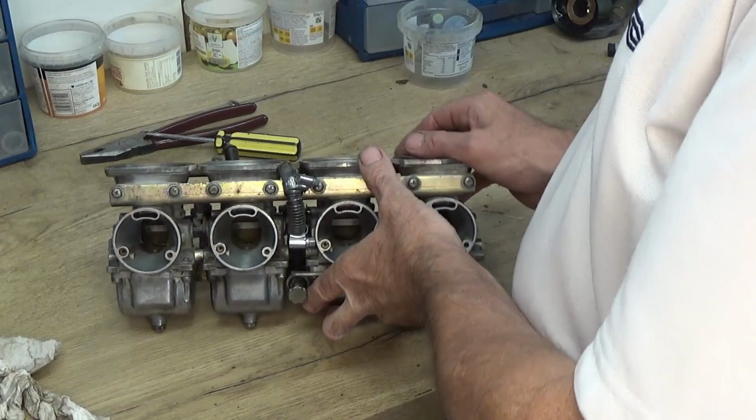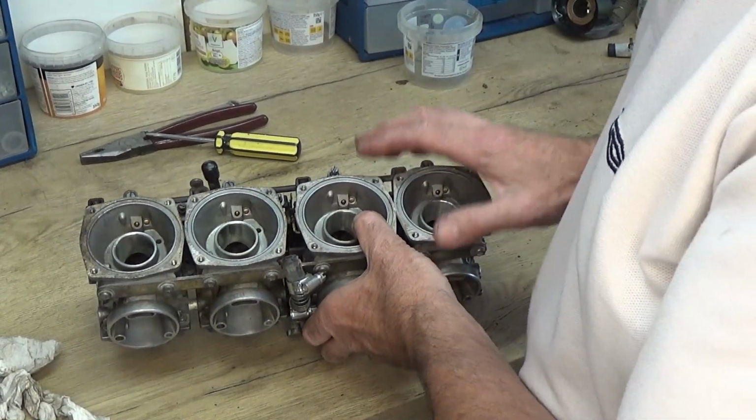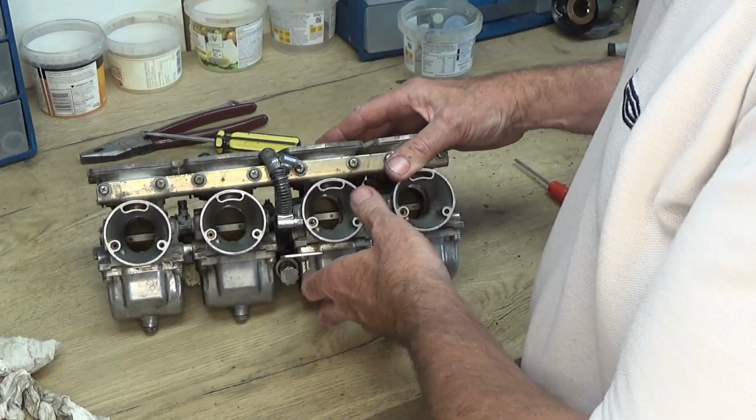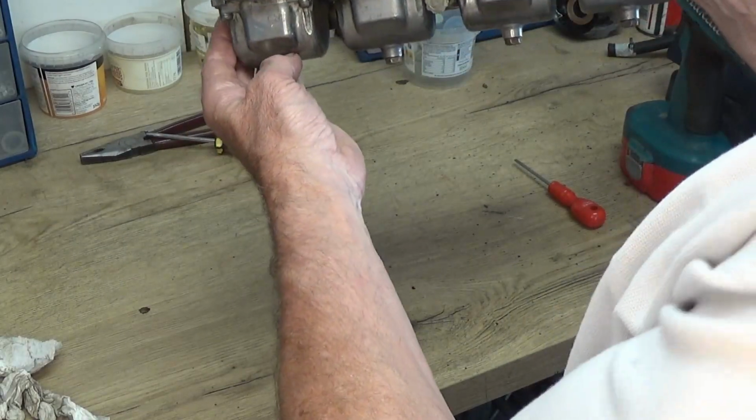Right, I've got all 4 of those off. I've checked over the diaphragms, they're all okay, and cleaned them down. Next thing, well, I was looking at this, and if you look through these you'll not be able to see,